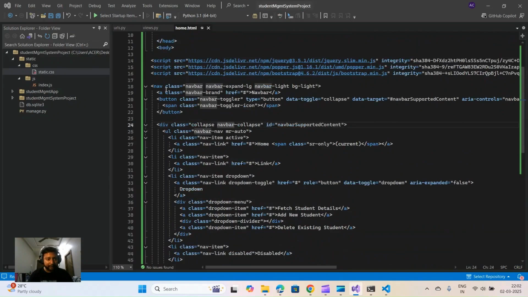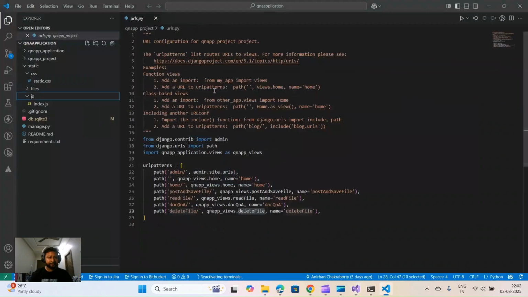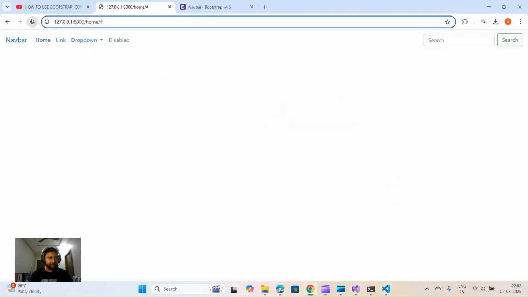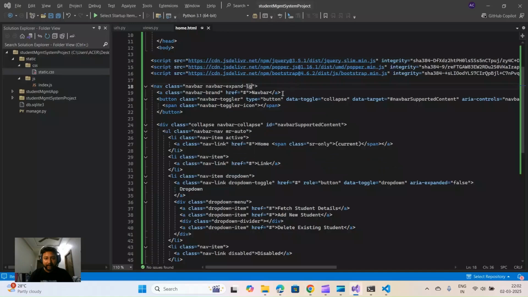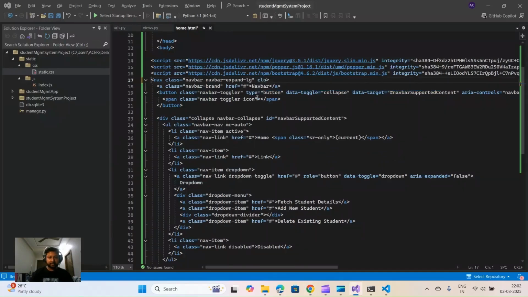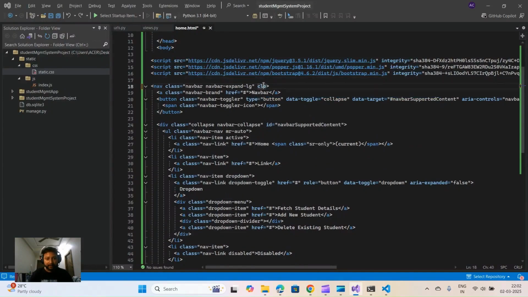So nav class navbar expand lg bg light. Background light, this one I can remove. Navbar light, this also I can remove. So let me see. So this looks like something like this. And now I need to just add the color. How to do that? I just need to provide style, style is equal to